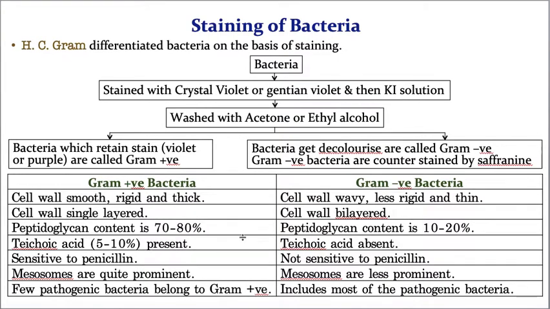Now gram positive bacteria are very sensitive to penicillin, and gram negative are not sensitive to penicillin. Hope you know, penicillin is a kind of antibiotic. If you get some allergy, then when you go to the doctor, he will give some penicillin antibiotic, yes, penicillin injection, and that is nothing but this penicillin antibiotic.